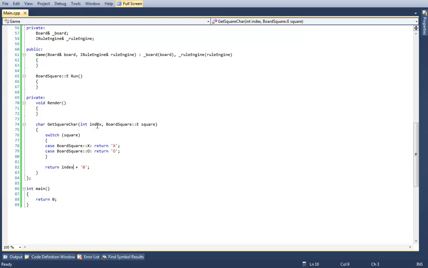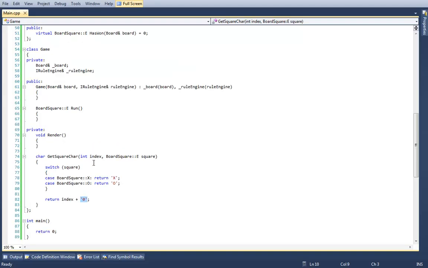Now remember, the index is coming in as an integer, but keep in mind that to convert an integer to a character, to get this to be represented as a character 1 through 9, we add it to this. Now I know this looks kind of funky, but index can be anything from 0 or 1 to 9, and what we get back is the character 1 through 9.